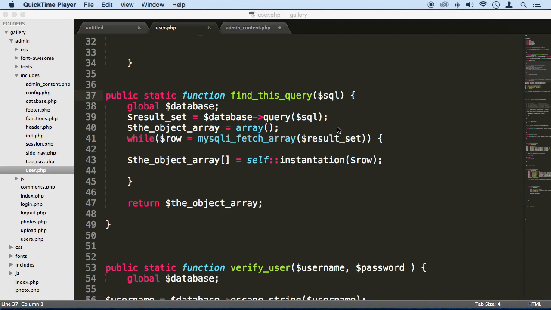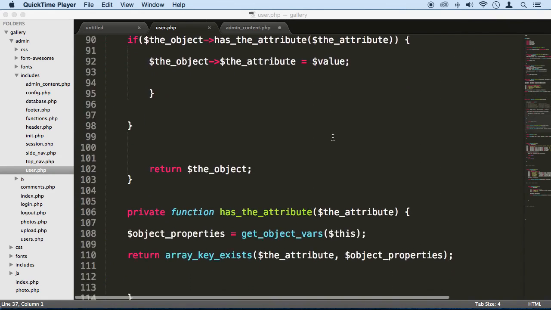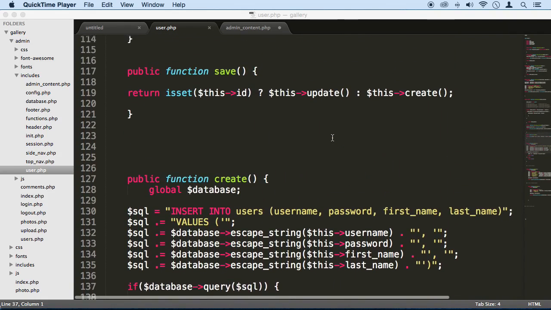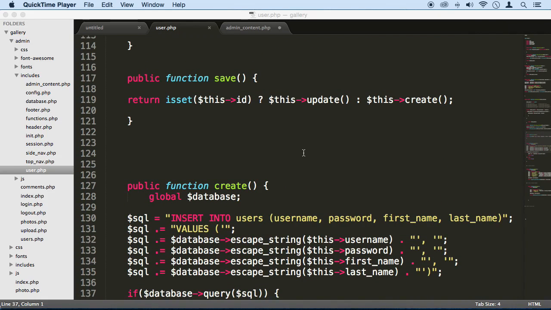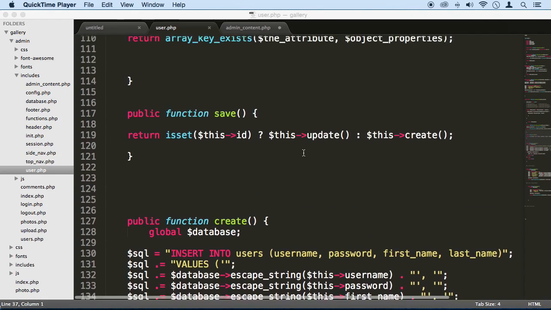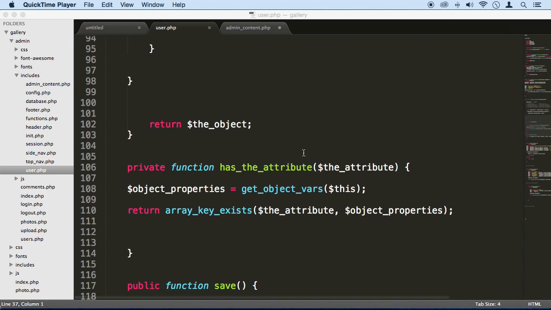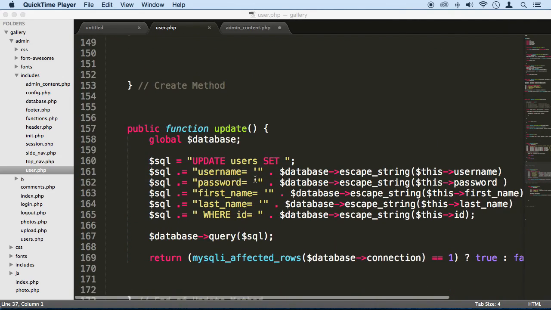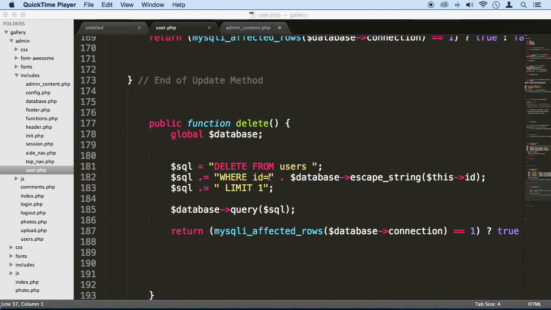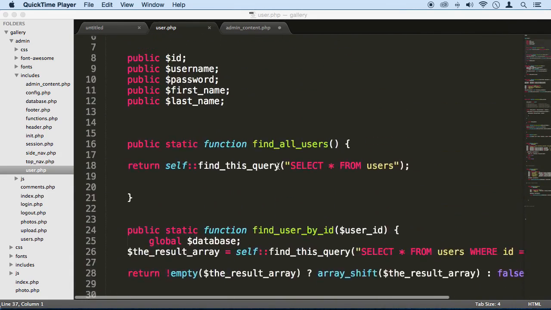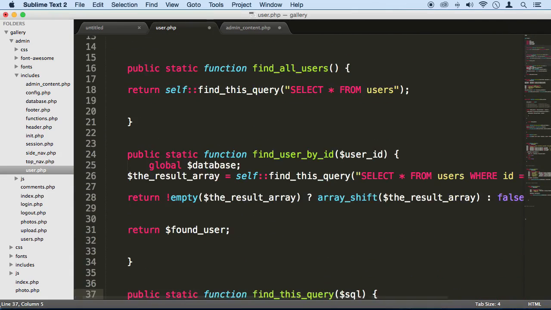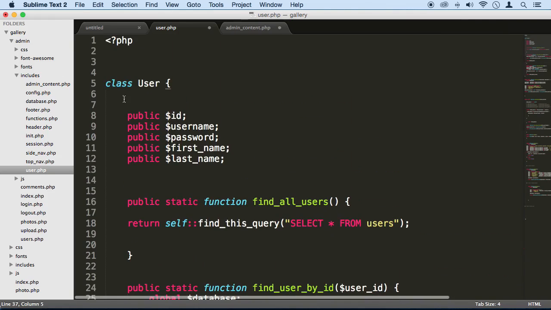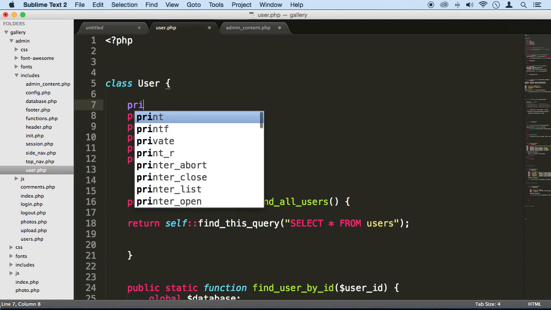In this lecture here, I want to focus on making our CRUD a little bit more universal. I want to be able to use some of this code somewhere else with other tables, especially the save, create, update, and delete. So what I want to do is create a property right here, and I'm just going to make this protected,